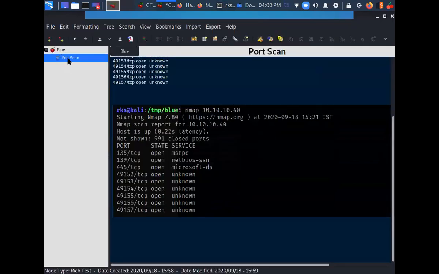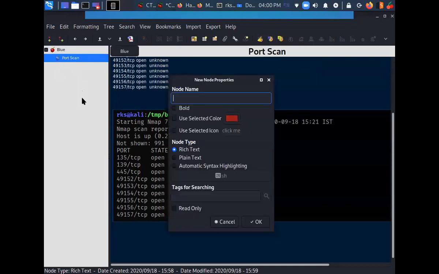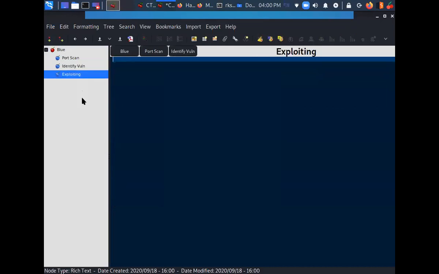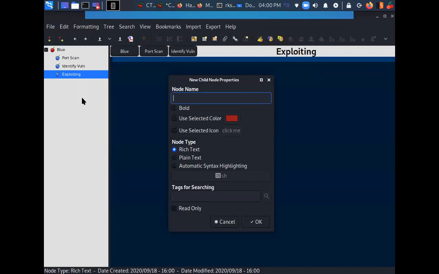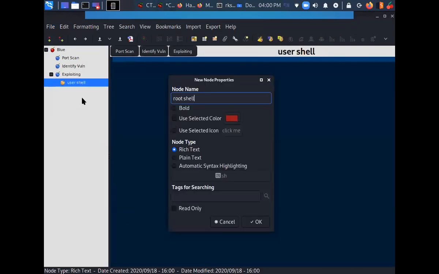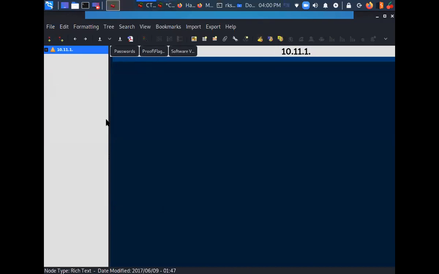So that you do not need to create these nodes and child nodes by yourself, like port scan here, then a new node like identify vulnerability, then a node like exploiting it, then something like user shell, and then root shell, instead of doing all this, I have a pre-made template here.